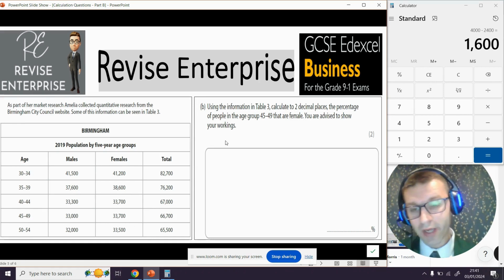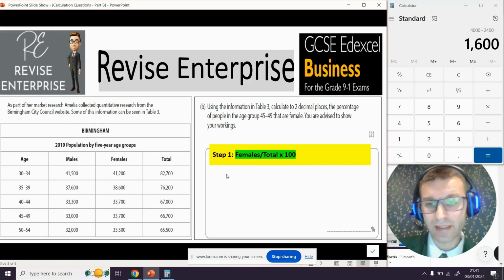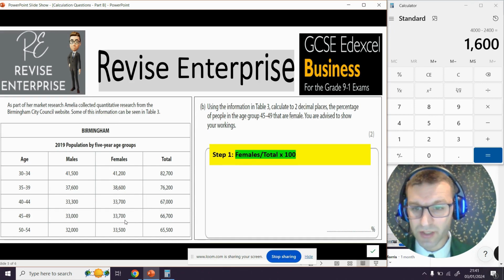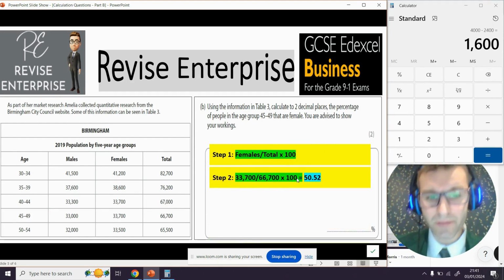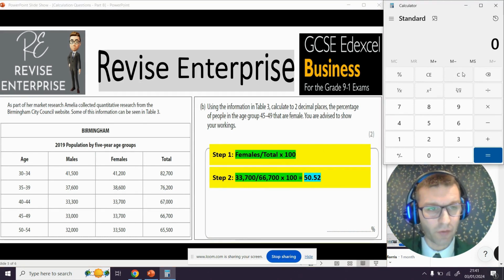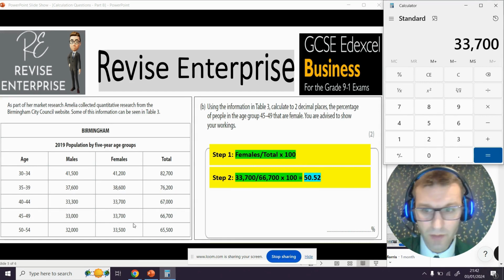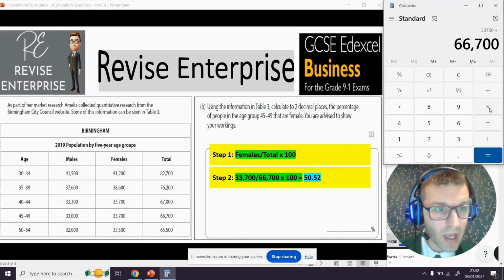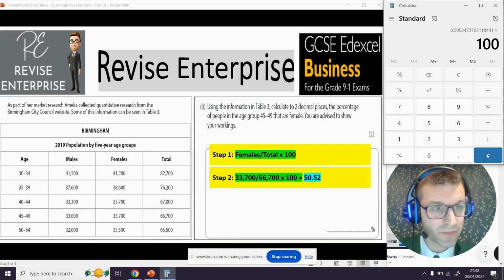So to work out your females in this particular category here, the formula you'd need to use is your females, which is 33,700, divided by your total, and then multiplied by 100 to get your percentage. So if we work that in step 2, and we'll do that together on the calculator now, if we just cancel the original question, it's 33,700, which is listed just here, guys, divided by 66,700, and then multiplied by 100, which gives you